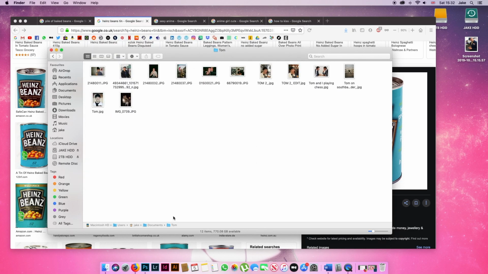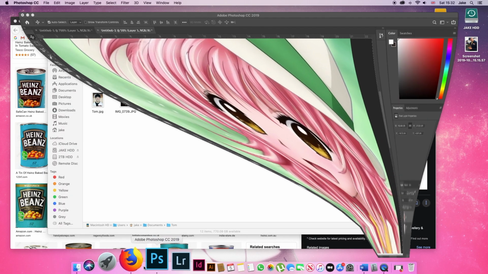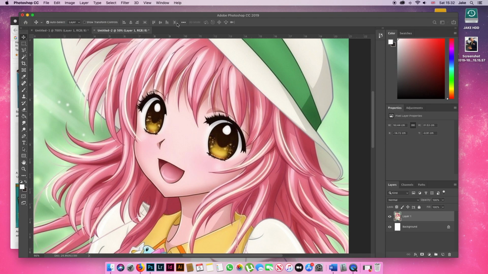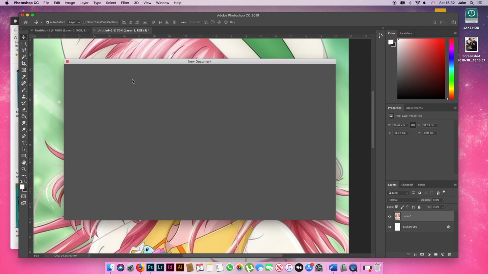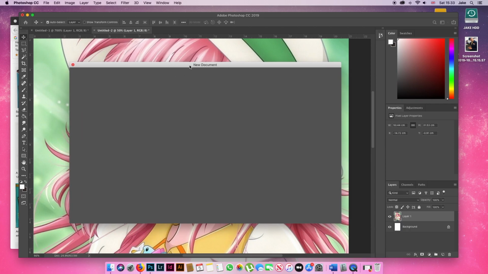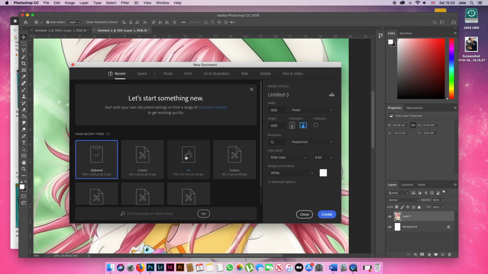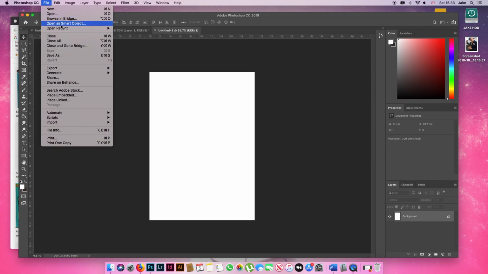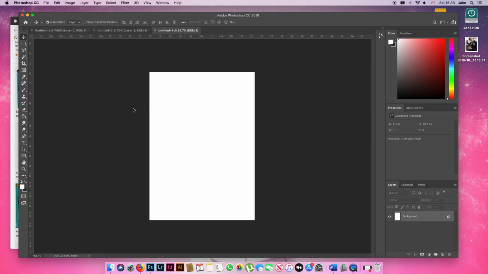Anyway, so what you want to do is you want to start Photoshop up, and then you want to make an A4 document. So you do that by going to File and New. Once that loads, I'm going to make him an A4 card. Okay, so if you go to File and then Place Embedded, you can